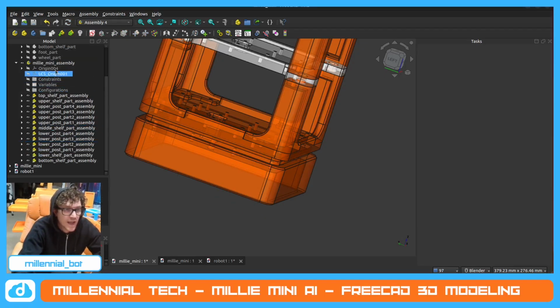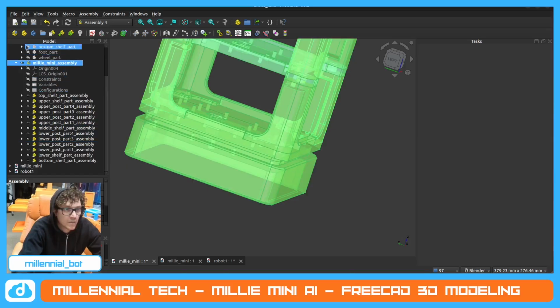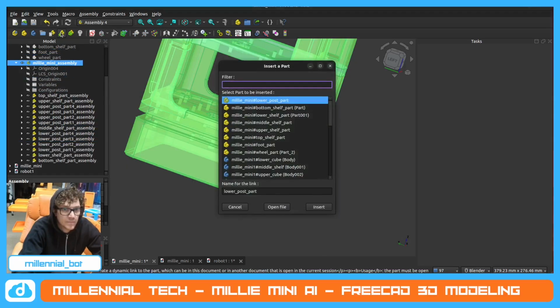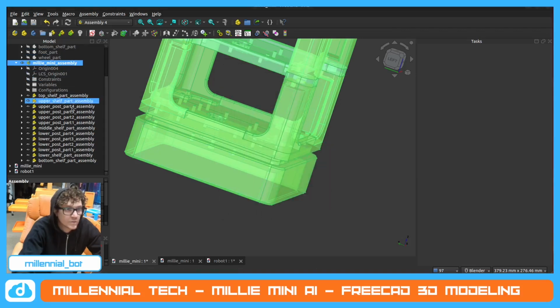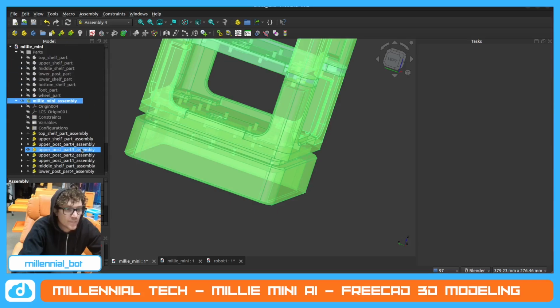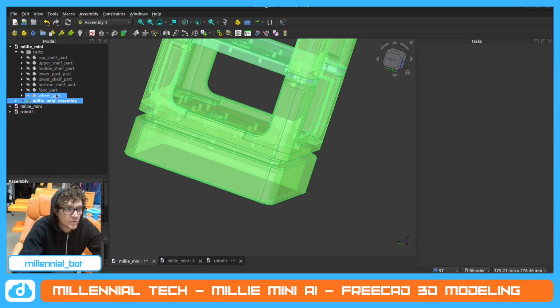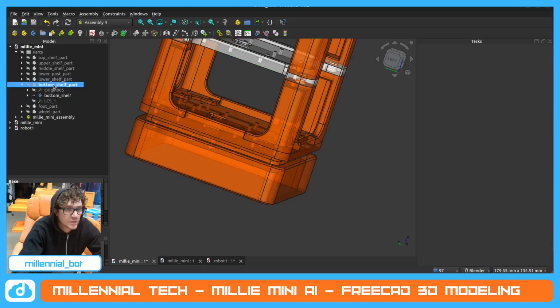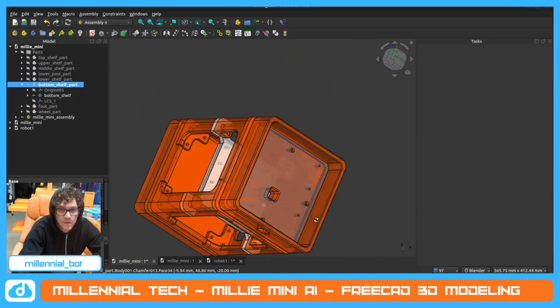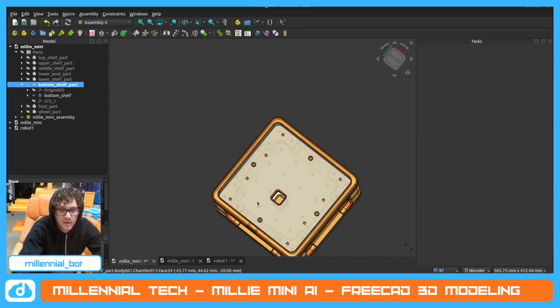And then we're gonna insert the part again. Oh, you know what we need to do? Shoots. Okay, we need to go back into bottom shelf. Yeah, bottom shelf part. And we need to start adding more of those, right? So we're going to add, if we look at this wheel foot part,